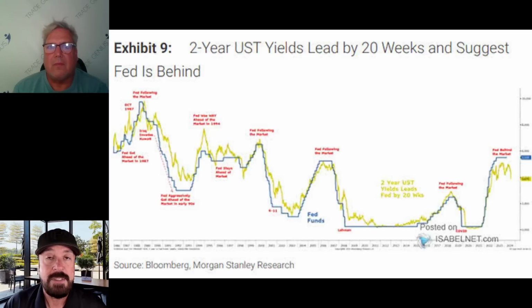But make no mistake, they have to cut here, because if they don't, we're going to have a situation that starts to accelerate out of control to the downside, simply because the economy is slowing down and there's a ton of leverage in the system. So I think September is definitely a cut. The question now is not so much whether there's a September cut, but how big of a cut. Is it 25 basis points or 50 basis points? I think the Fed's still going to be leery about being too aggressive on the initial cut,